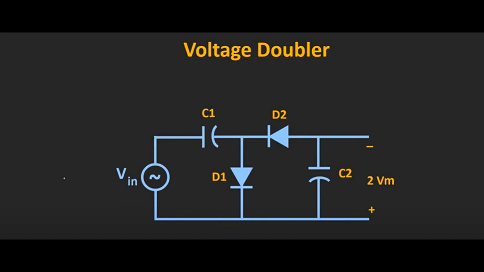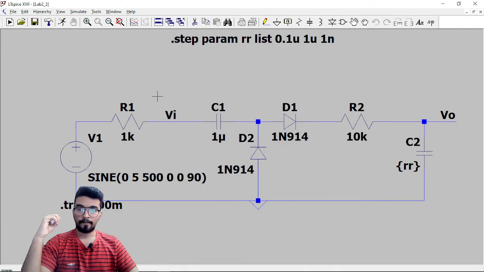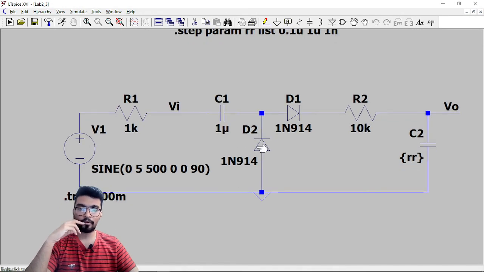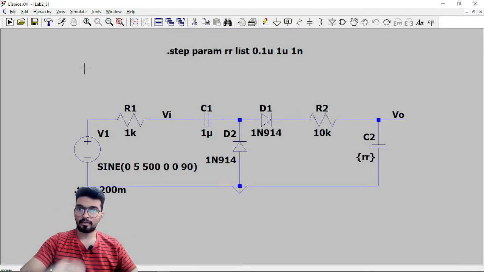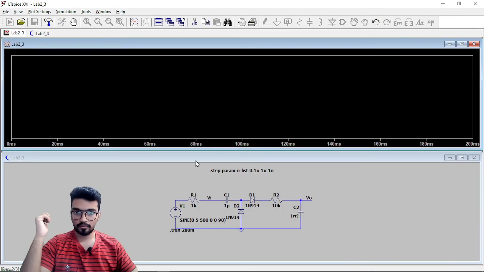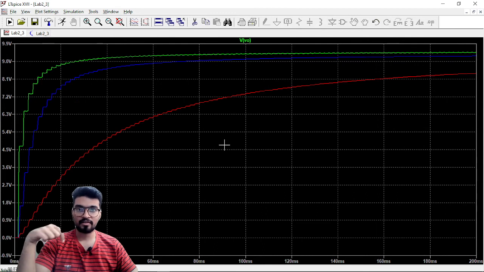Now let's just go to the LTspice implementation. So this is the circuit which we have. Same thing as I mentioned, first vary all these parameters manually: resistance, capacitance, this capacitance, and this is the input waveform. This is the circuit. If we run this particular simulation, at the output we will be getting double the input voltage. Basically the peak to peak was -5 to 5, here it will be 10 volts approximately.